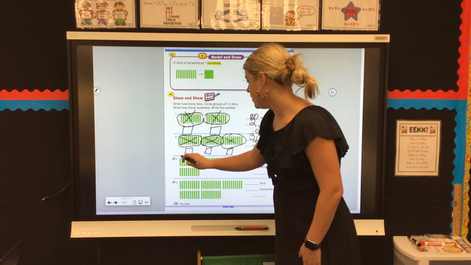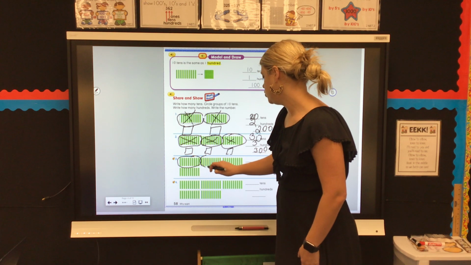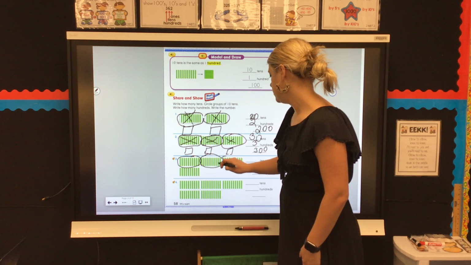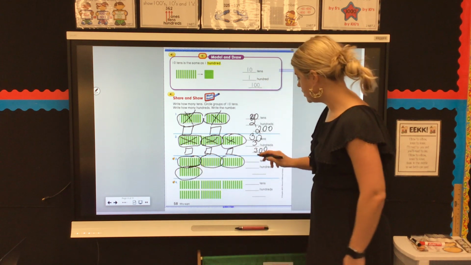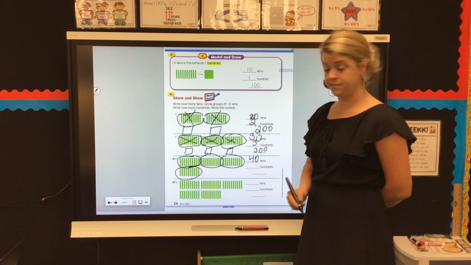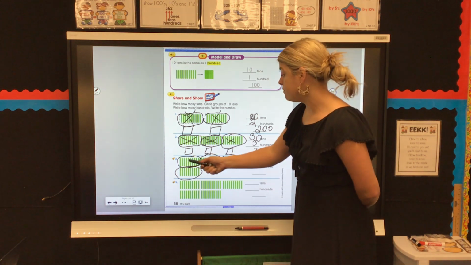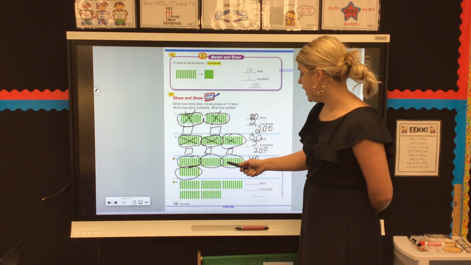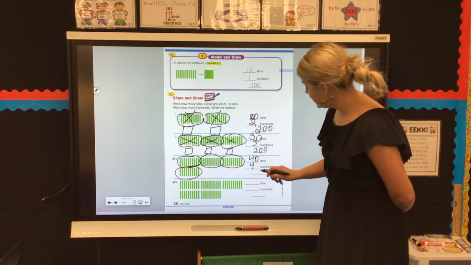All right, so I have 1 group of 10, 2 groups of 10, 3 groups of 10, 4 groups of 10. So I had 40 10 rods. Once you count them by one, so 40 10 rods. I could make 1, 2, 3, 400 flats. And that is the same as